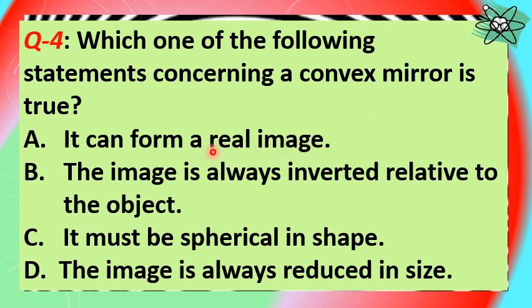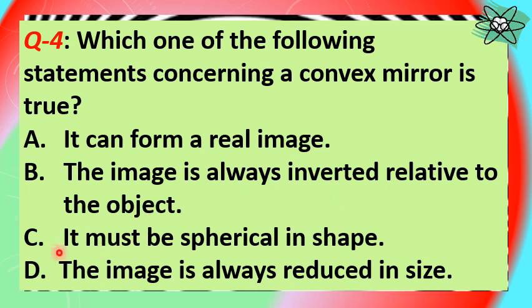It cannot form a real image. Likewise, statement letter B is also incorrect because the image formed by a convex mirror is always upright or erect. It can never form an inverted image,